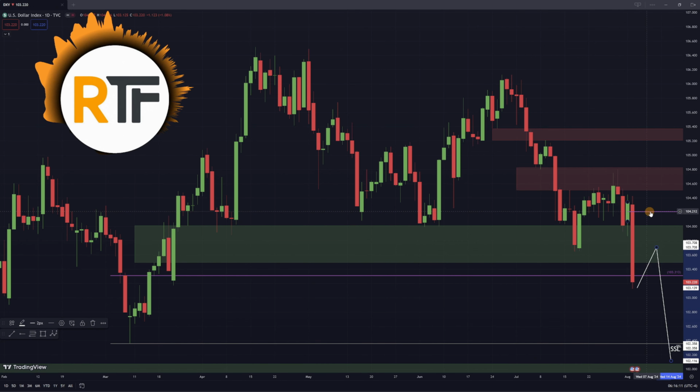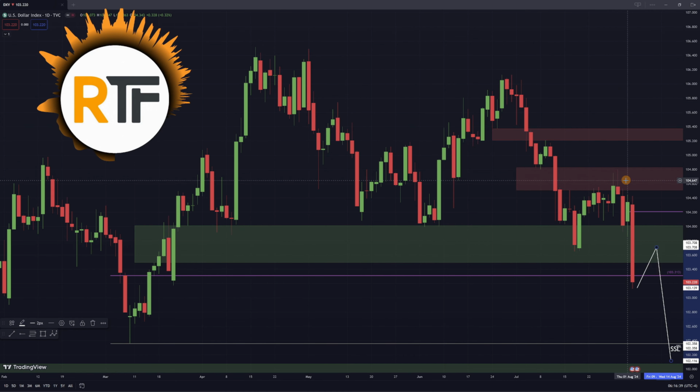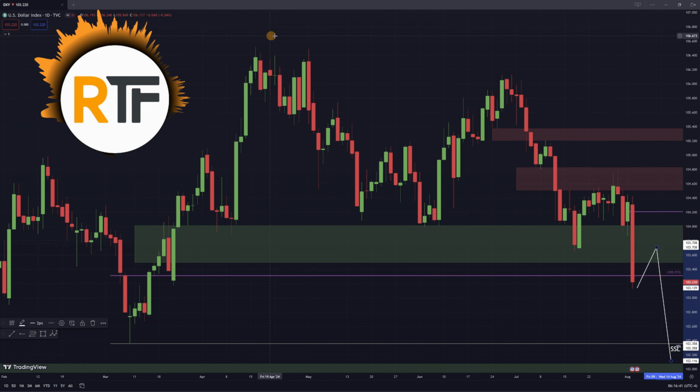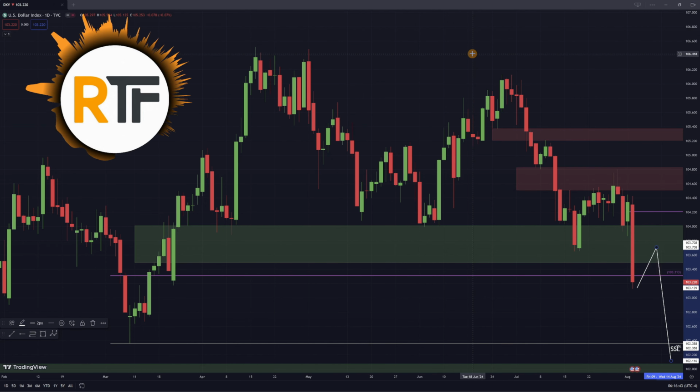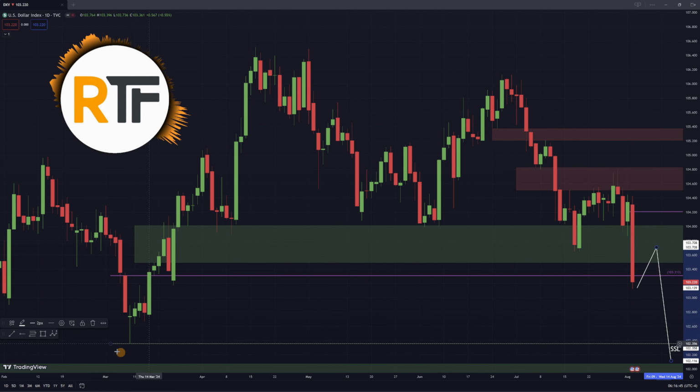Now there is a possibility we could retrace higher back up to this daily order block, and I have the mean threshold drawn out as well, but I do not really want to see price close above this mean threshold, and I do not want to see price come up and take out this swing high either. Now if this swing high does get taken, then I could shift my bias again and start once again to look for the relative highs, but currently I am bearish. I am looking for the sell side down here to get taken first.